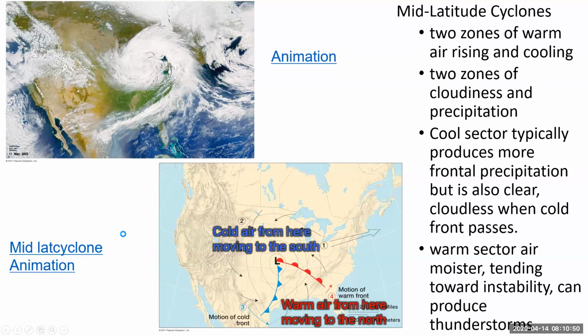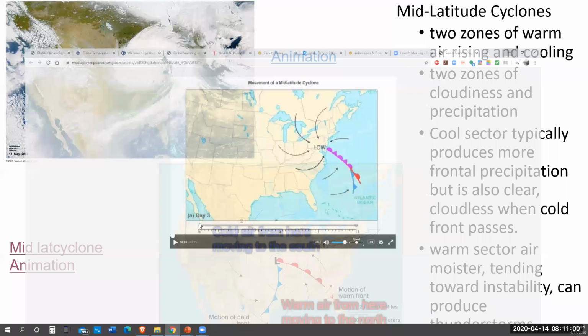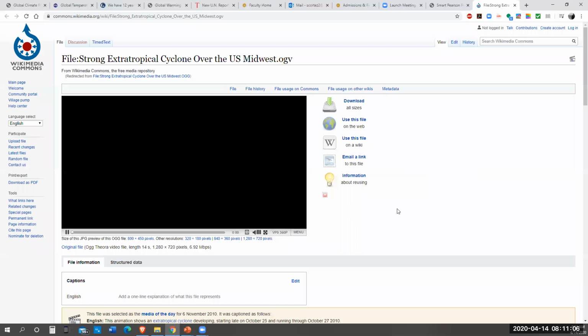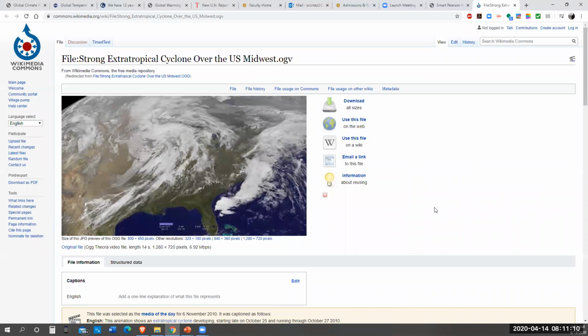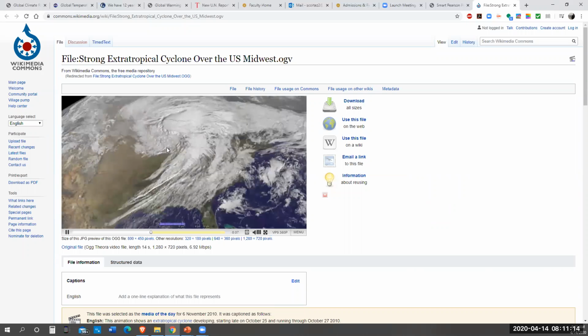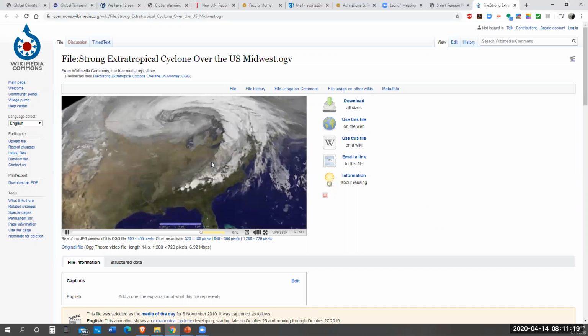And I think I might have shown you this before as well, sort of how these mid-latitude cyclones, no, that's not the one. This one, yeah. You can see sort of how they move. And again, some of them can be pretty strong, and if they're very unstable, they can cause a lot of disturbance. Sometimes in this time of or in the winter, like we had a couple of occasions last year in